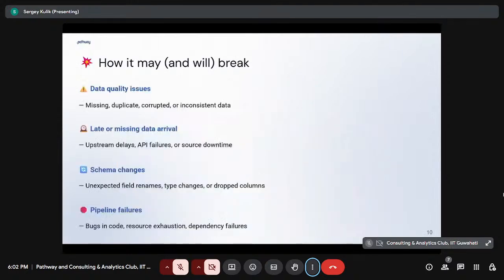So now we have discussed how we extract the data. We have decided how we store it. Based on your case, you can make this decision. And at this point, you can proceed to implementing your data pipeline. You will implement it, you will run it in production, and it will break. Let's discuss why and how.